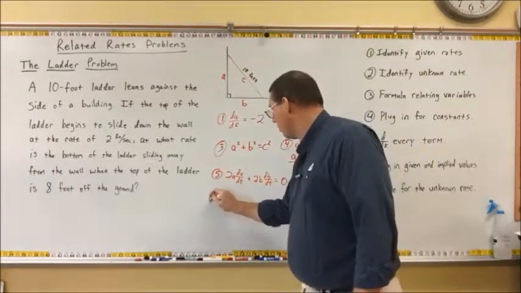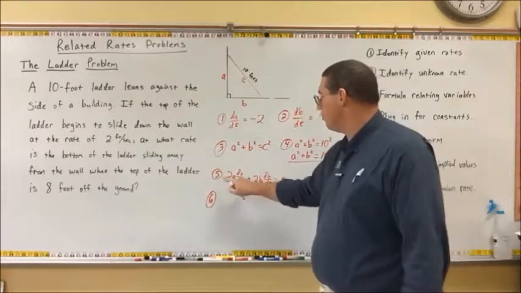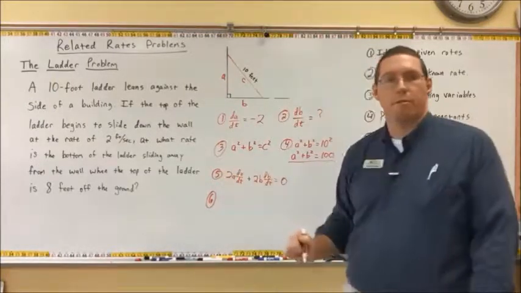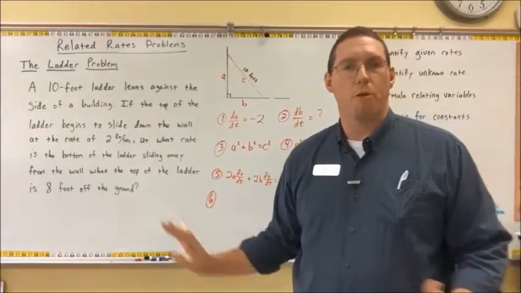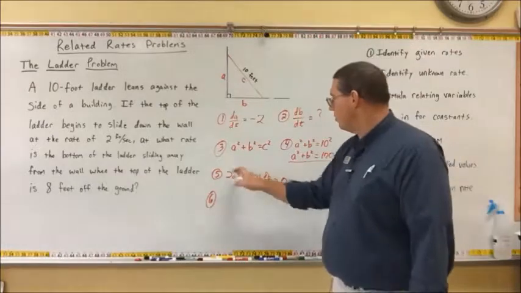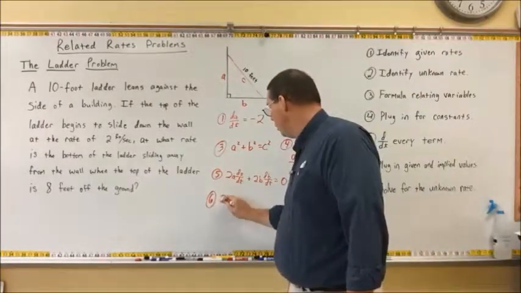So for step 6, we're going to plug in. We have 2. And by the way, you can cancel the 2 if you wanted to. If you want to divide by 2, divide by 2, you can cancel the 2. That's fine. I'm not going to do it because some people get confused when I do that, so I'm going to leave it in. But if you're an expert at algebra and you're fine with that, you can go ahead and cancel the 2 out. That's fine. So we're going to have 2, and then